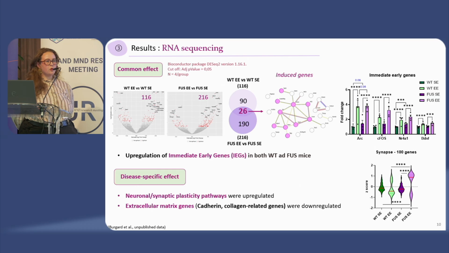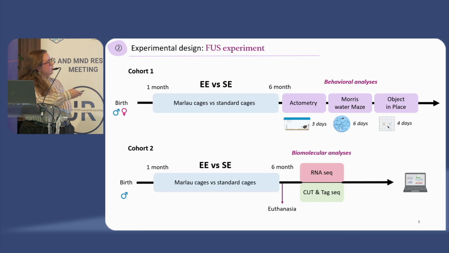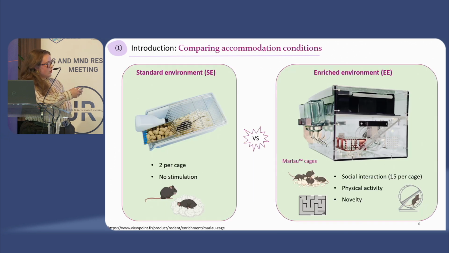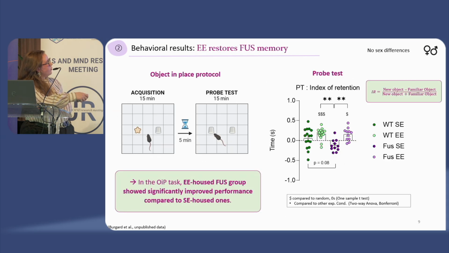Normally it's preserved, but we have mild neuronal impairments that we can see here with the behavior, that we have a loss of cognitive function in the FOS that is rescued by EE. So normally we know that the effect also is mild in the FUS because of the pathology, and better here